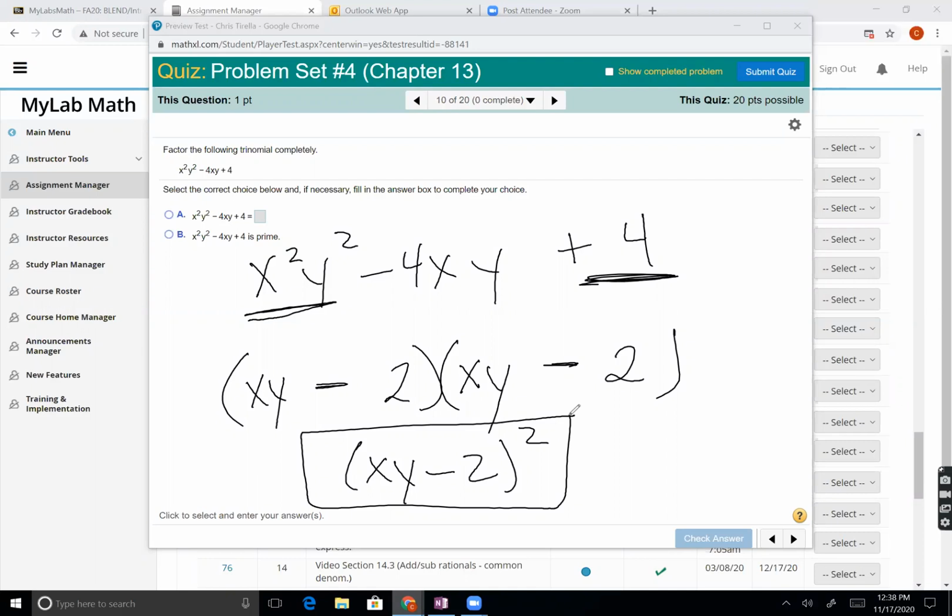How did we get to the x y and the x y? Because this is a square. Okay. And 4 is a square, 2 and 2. And when I start and end with squares, that's when I think that I'm going to try those, that's a perfect square